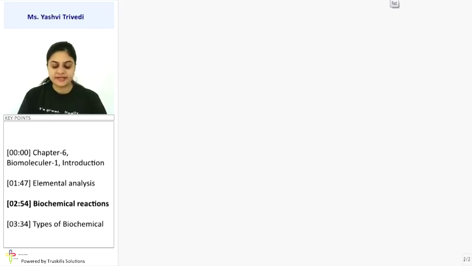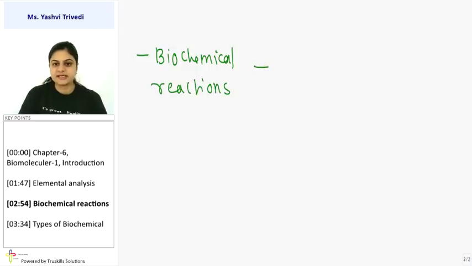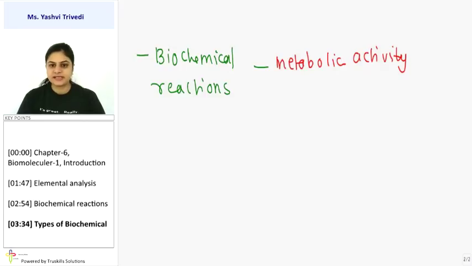Now, as we know, there are various kinds of biochemical reactions going on in the body. These biochemical reactions are basically any type of metabolic activity which occurs in the chemical structure of the cell. Various types of organelles, cells and elements are involved in these biochemical reactions. If we classify biomolecules, then basically there are